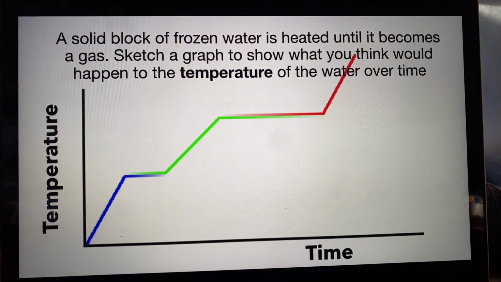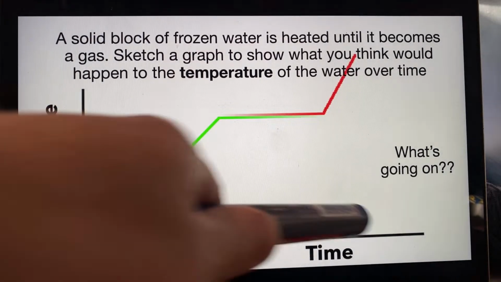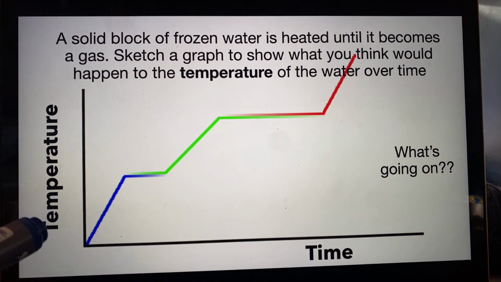Laura, explain that. What's happening there? What is going on? We haven't put the fire out. We've got our flame burning continuously underneath the block of ice. Time is going by. Energy is being transferred continuously from that flame to what started as ice. We haven't turned the flame down or turned it up.